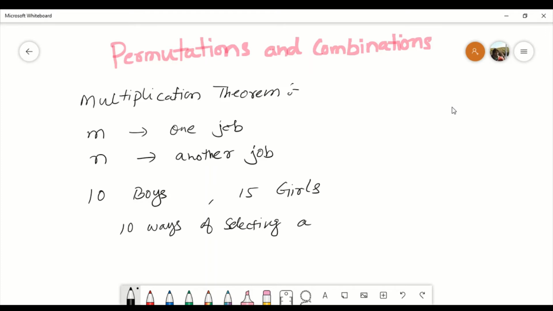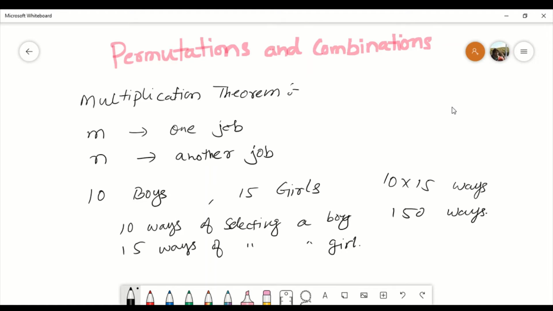Because we can select any of the boys, so there are 10 ways. Similarly, there are 15 ways of selecting a girl, right? So if we have to select one boy and one girl each, there have to be 10 into 15 ways, which is 150 ways,